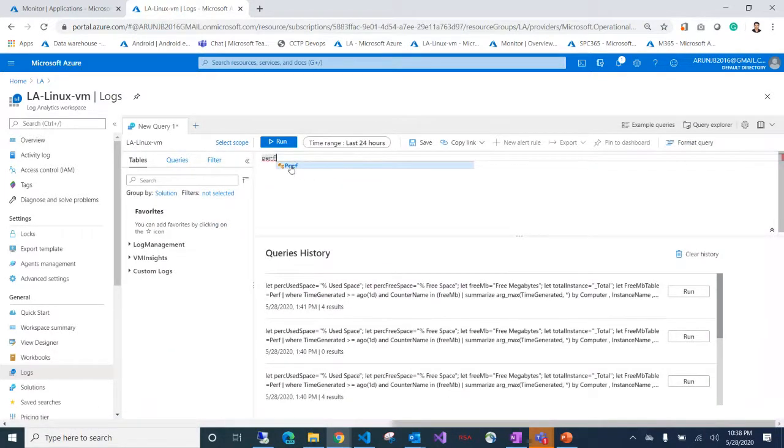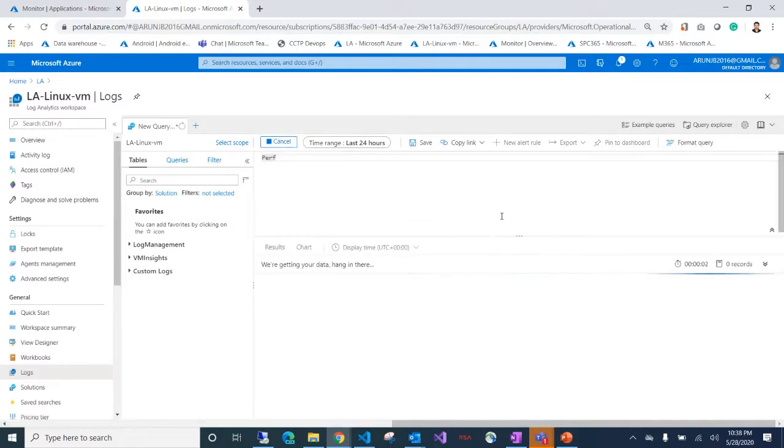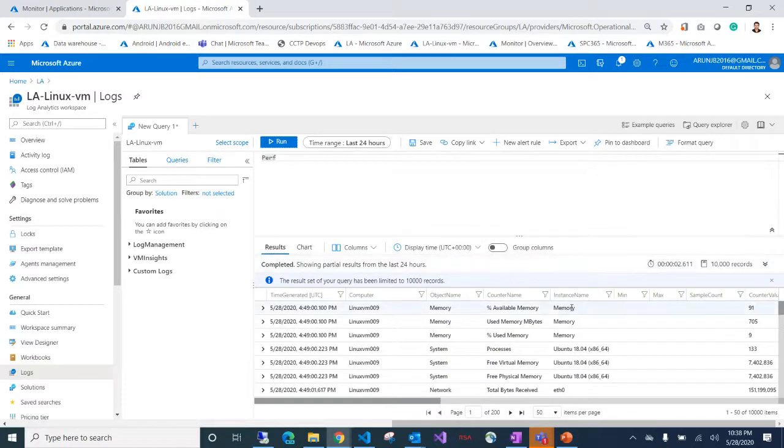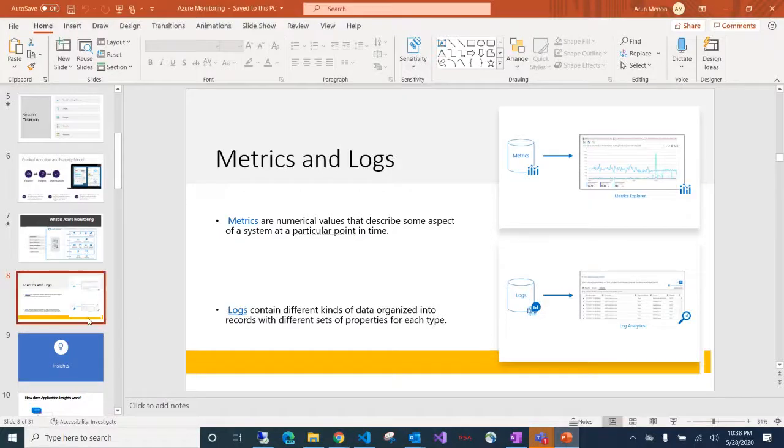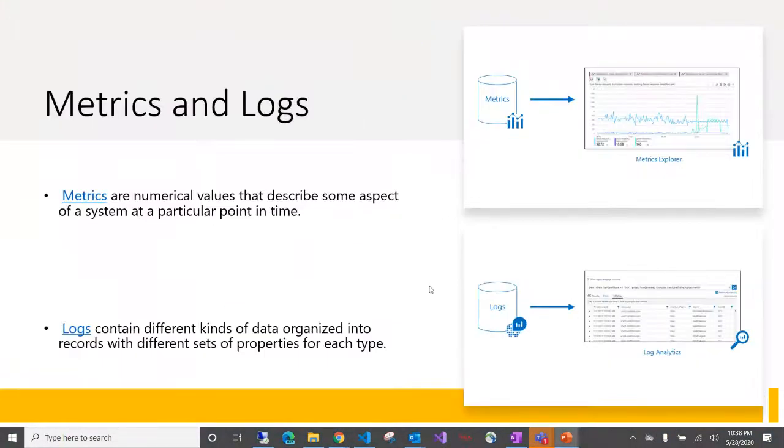this is just a sample of how a log would look. As you can see, I'm just querying the performance of all my existing VMs, and it is dumping different kinds of data like memory, available and used memory. All these things are dumped at a specific instance or point in time. So it is quite difficult to get meaningful data from this kind of log, but we can also write a specific query known as a Kusto query, which we'll also see in the session, to bring out usable logic from the logs generated. So I'm just moving forward.